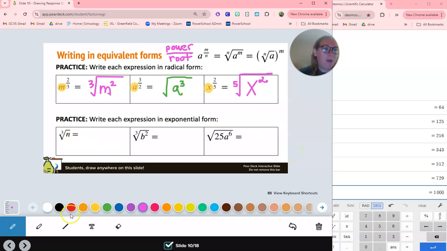Down below, power over root, but writing it now in exponential form. Well, n is our base. I don't see any power with n, which means there's an imaginary 1 there. So the power is actually 1, and our root is 3. For the next one, we have b. Our power is 2, and our root is 3. So it's b to the 2/3. And then finally, we have the square root of 25 and the square root of a to the 6. So remember, we can always split this